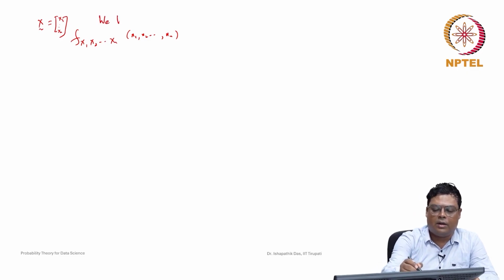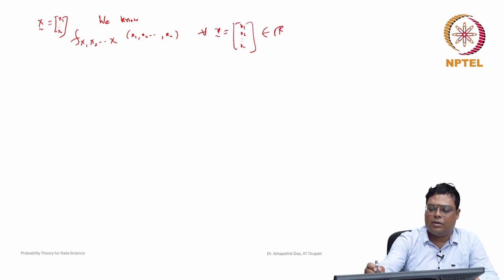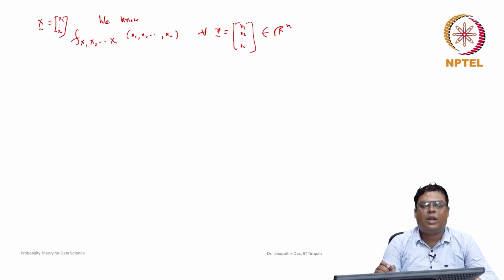We know this function, and we know this value for all x, that is x1, x2, ..., xn belonging to Rn. So now we have to find